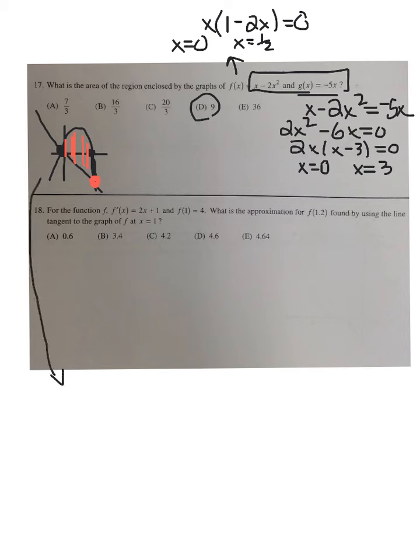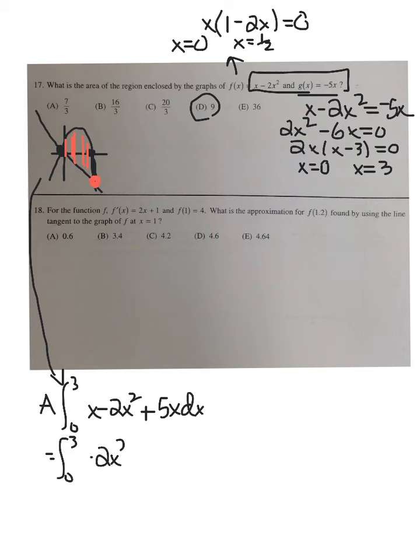Alrighty, so now I know I need to find the area between the two curves, so I know that's an integral. I'm going from 0 to 3. And it's going to be the top curve, which is x minus 2x squared, minus the bottom curve, which is negative 5x, which is really going to turn that into a plus. Then I'm going to combine like terms before I integrate. So that's going to give me negative 2x squared plus 6x